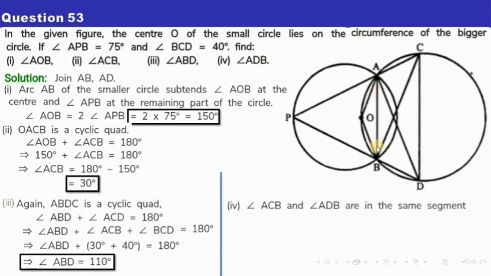All right, now if you see in the bigger circle, this AB is making two angles in this segment. In this segment AB is making two angles, one is ACB and another is ADB. So that's why this angle and this angle both will be equal to each other. So that's what is written. ACB and ADB are in the same segment, so they will be equal, and we already know that ACB is 30, so this will also be 30 degrees. So pause the video to note down.